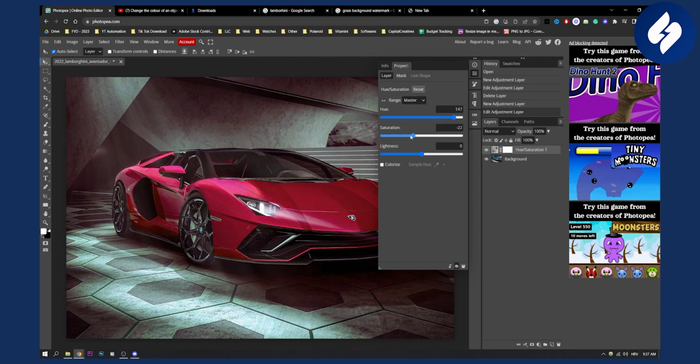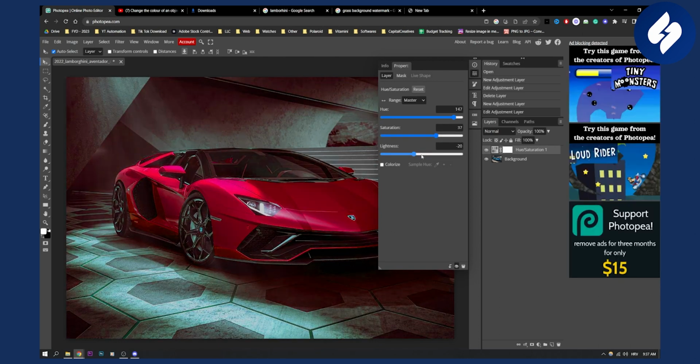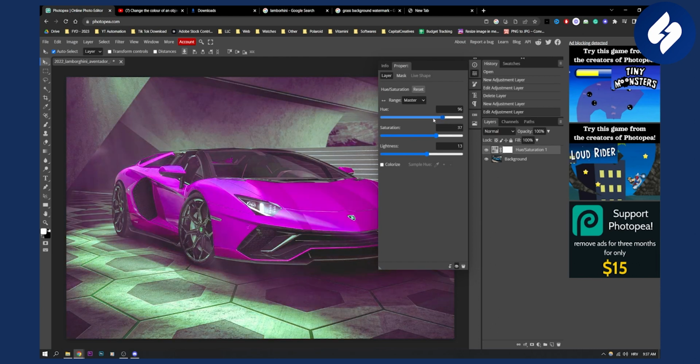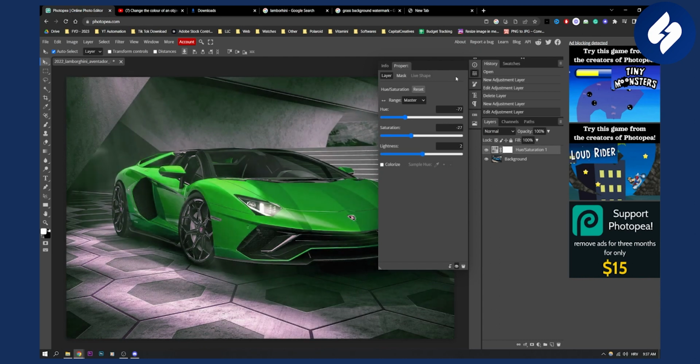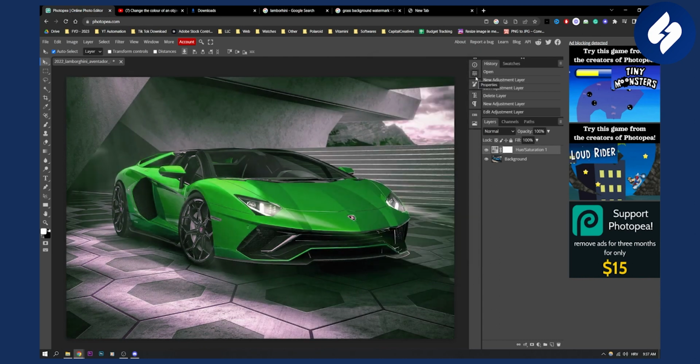As you can see, you can change the saturation as well to make it a little bit poppy. Lightness, you can change that as well, like this, for example. So that's pretty much how you can change it. This is the only way to do it if you want to do it this way. But yeah, that's pretty much how to change the color of an